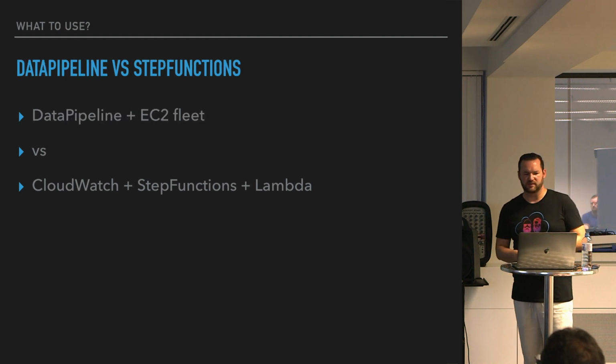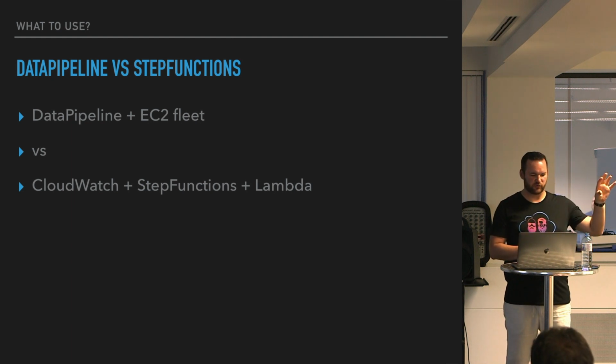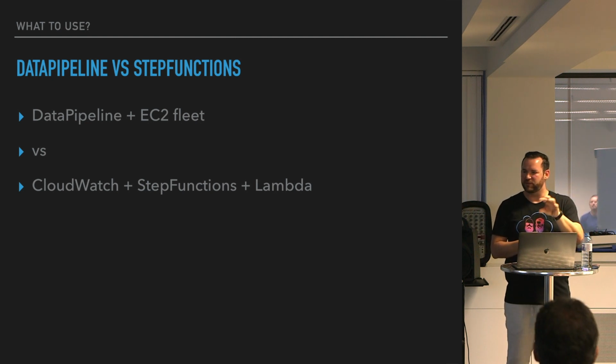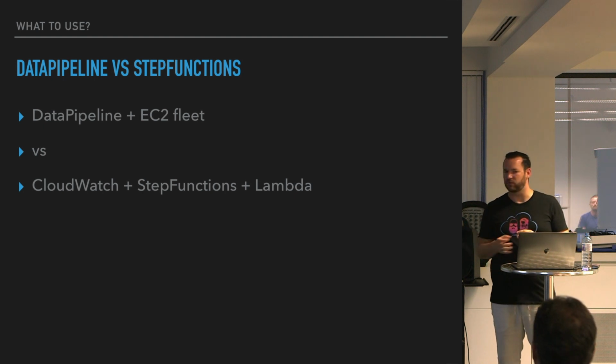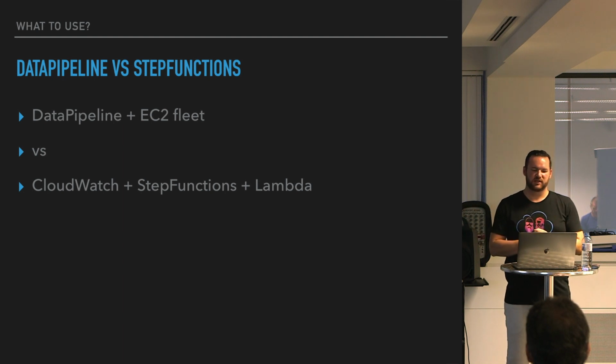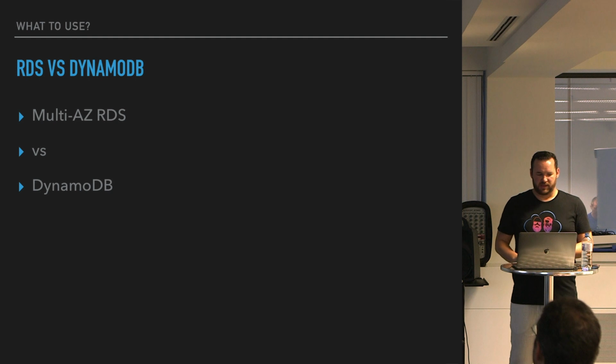I could have also used Data Pipeline. Data Pipeline is a managed service by AWS that allows you to define an application like I did. You have some connectors grabbing some data from anywhere, and you want to have something happening with that data. So you want to put it into DynamoDB, you want to process it, you want to post-process it, you want to do something with it. So it's great for those things, but it also requires an EC2 fleet. So it's not capable of working with Lambda. Therefore, not interesting for me because it introduces fixed costs.